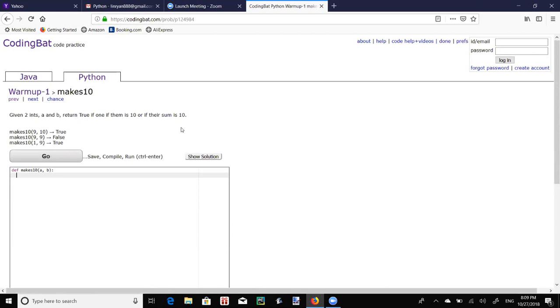Given two integers a and b, return true if one of them is 10, or if the sum is 10. 其实他打错，应该是 one of them 吧？ Yeah, one of them is 10. Okay. One of them is 10, or if the sum is 10. 对。你看你要怎么做？想一想，先想这个 logic 是什么，然后再 OK。